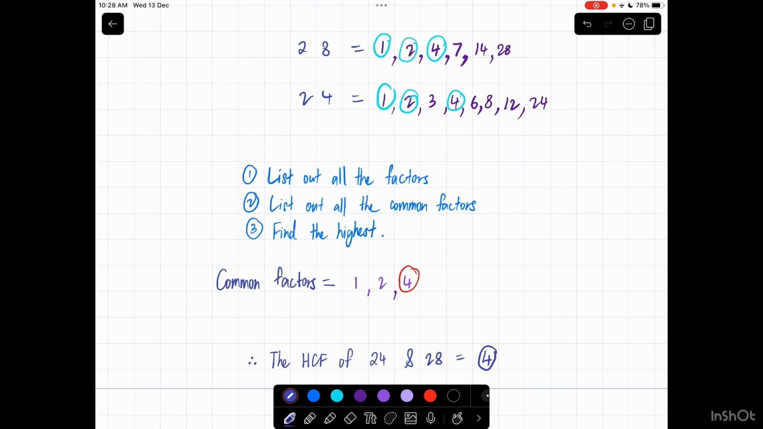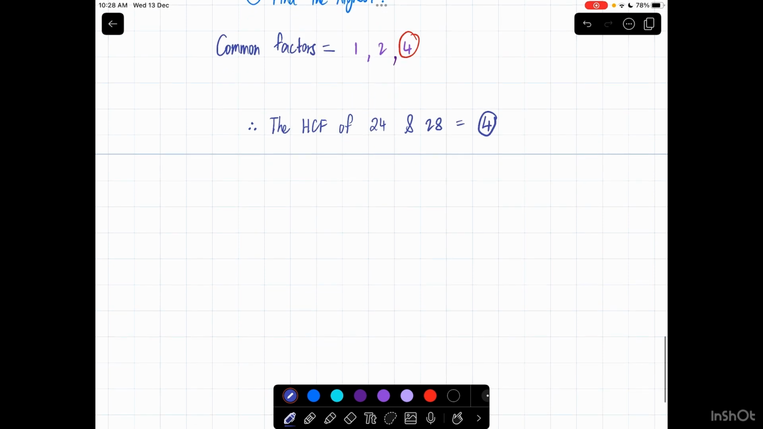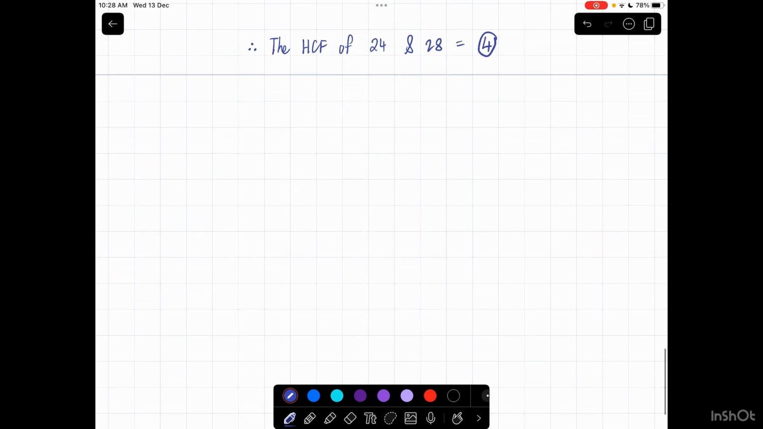Alright, this is the understanding part of it, how it works. This is one way of doing it. You can actually use this method for examinations and it's completely fine. But the problem arises when the numbers are too big to list out all the factors, which might consume too much time during the examination. So what we do here, what the KSSM syllabus tells us to do, is to use something called the repeated division